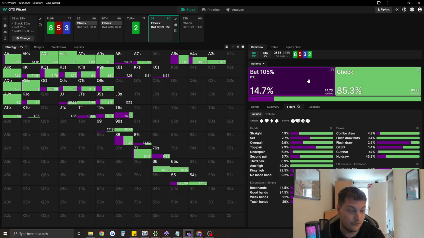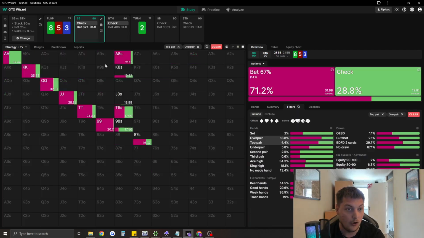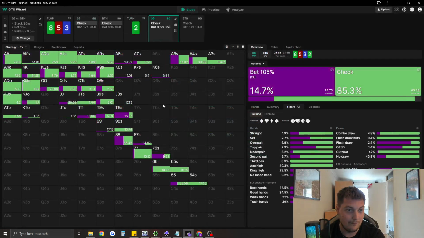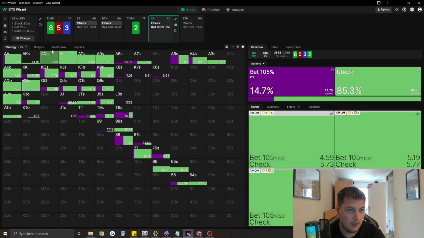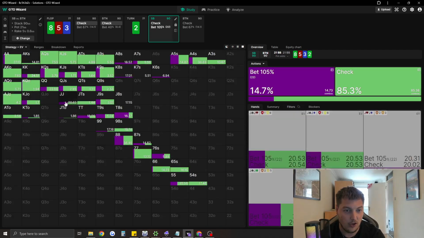And this is the crux of it, because so much of our value that wants to polarize the turn has gone into the c-bet. As you can see, we don't have very many combos that want to pile the money in on the turn, so our frequency is going to be very, very low. In terms of who's doing better, it's literally 50-50, but we're just not overly incentivized to bet a small size